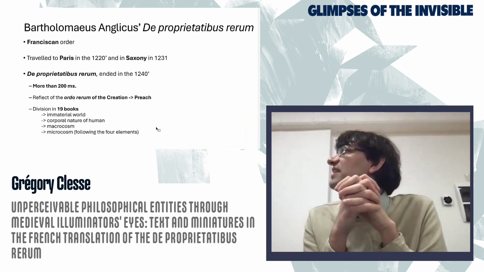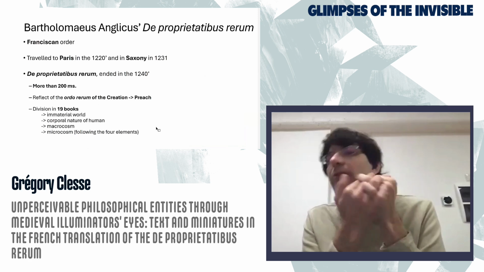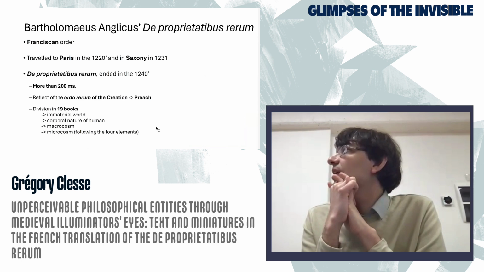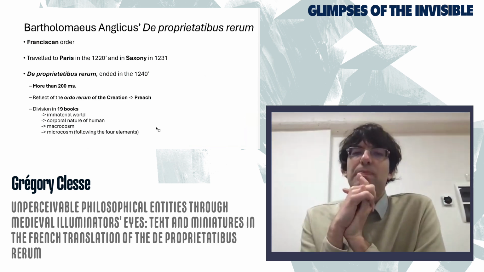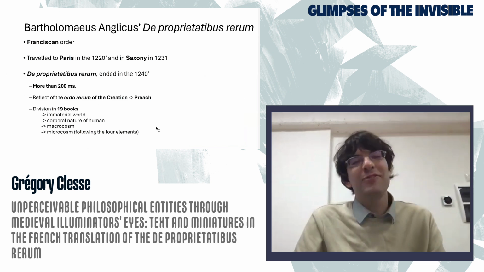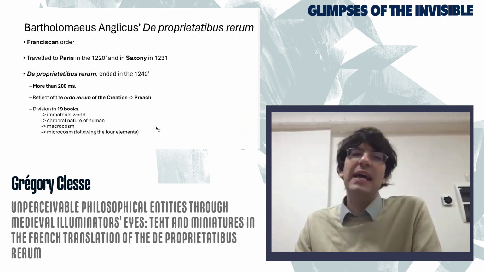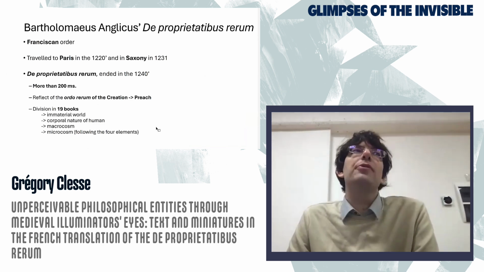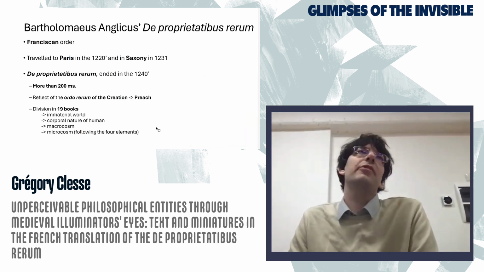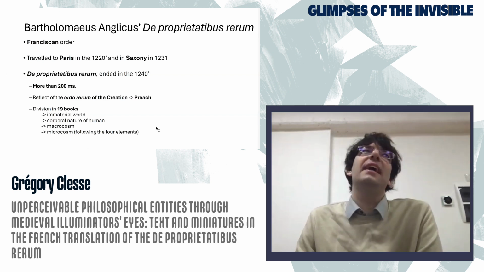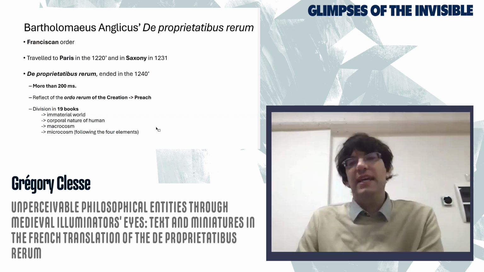work quite well, which is a kind of encyclopedia, before the traditional, let's say, French encyclopedias, which was written originally in Latin in the 13th century by a certain Bartholomaeus Anglicus, Bartholomew of England, who was a Franciscan friar. And so we know just a little about his life. We know that he traveled, probably from England to Paris in the 20s, and then to Magdeburg in Saxony in